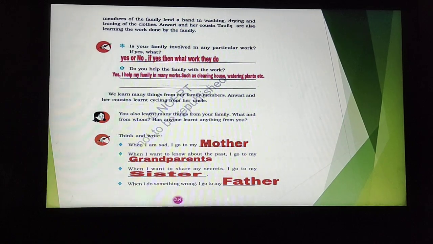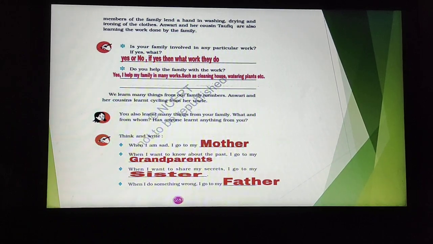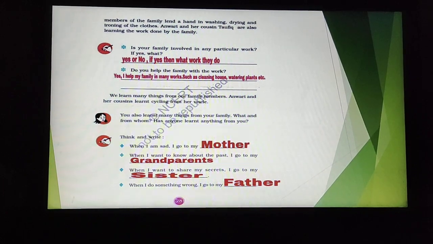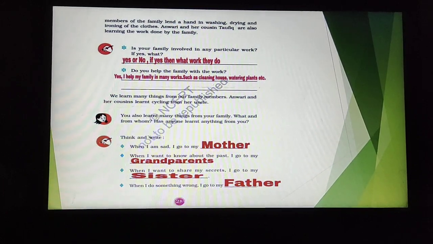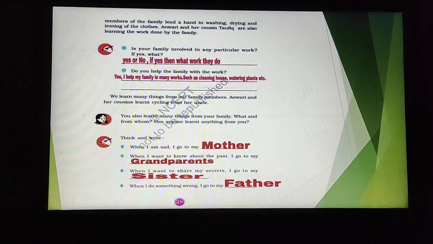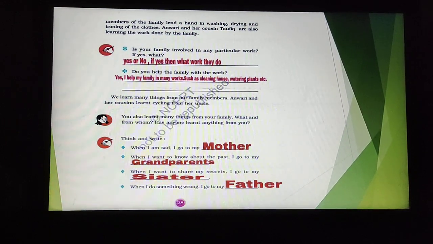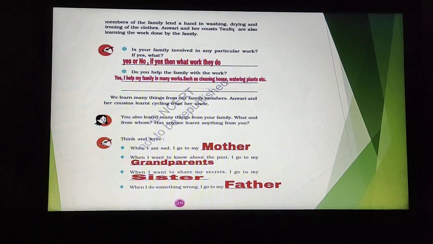want to know about the past, I go to my grandparents. When we want to know about our parents, what they were doing when they were small, then we go to our grandparents, right? Because our grandparents tell us many good stories of the past. Now the next,